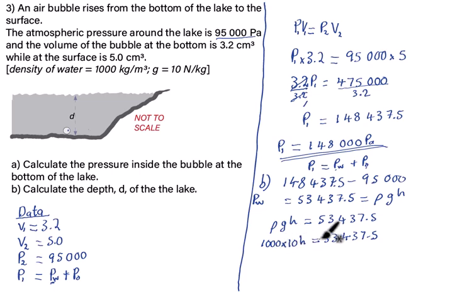So 10,000 h is equal to 53,437.5. What do we do? Divide both sides by 10,000. This cancels out, and when we divide we get